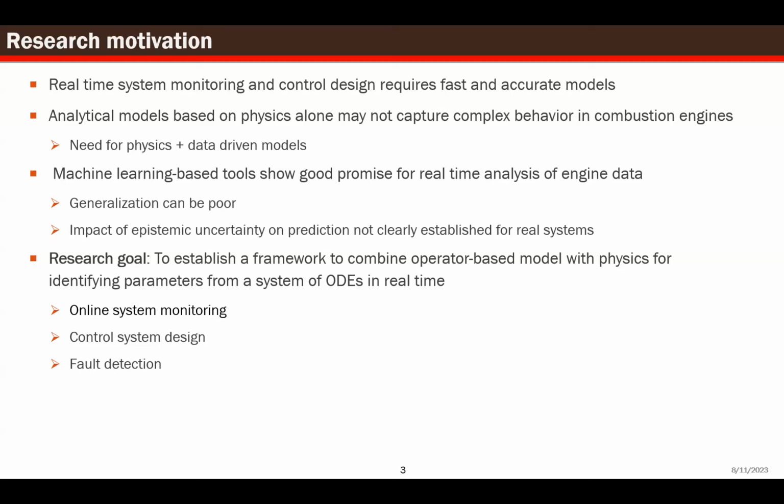And the objective for using a DeepONet instead of just PINNs is that PINNs can take time because you have to do automatic differentiation, which means you have to traverse through the whole network. So we want to minimize that part so that we can increase the efficiency of the computation.